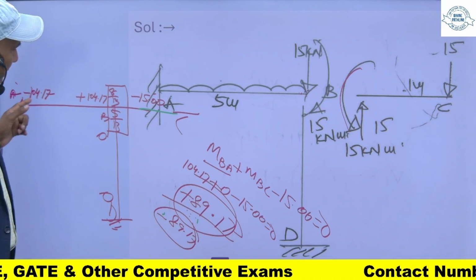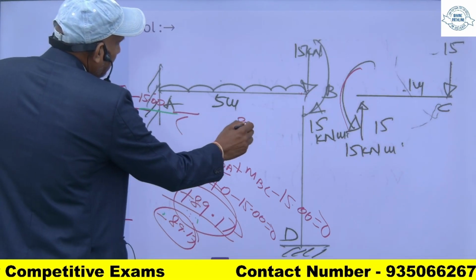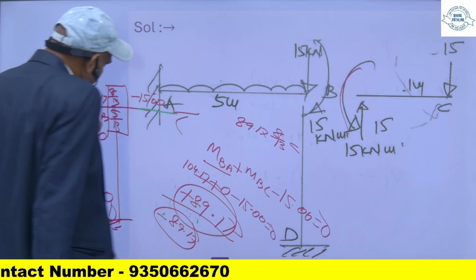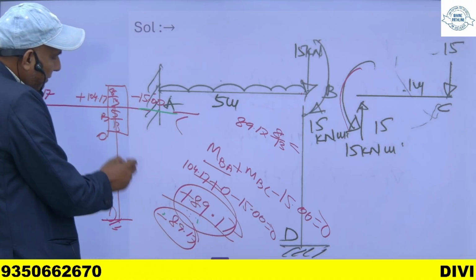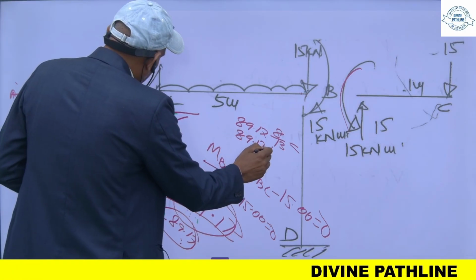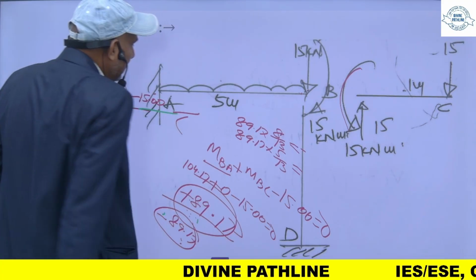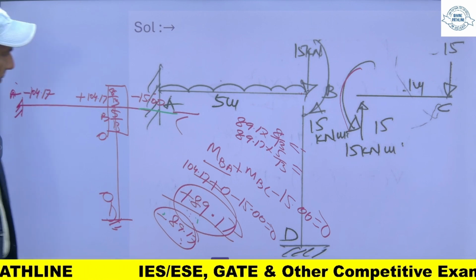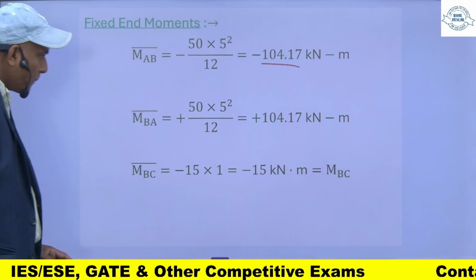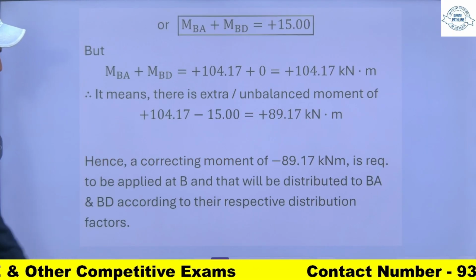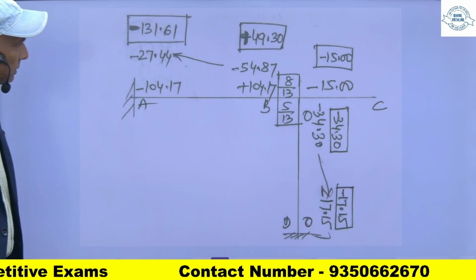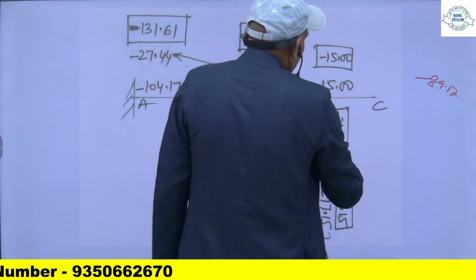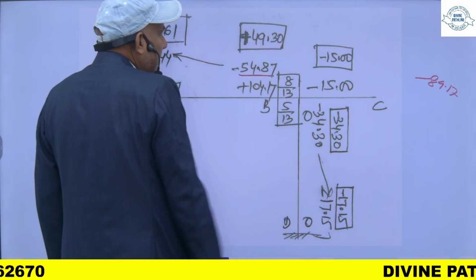अब इसके हिस्से में कितना आएगा, फॉर दिस मेंबर BA ये 89.17 इंटू इसका डिस्ट्रीब्यूशन फैक्टर 8/13 है, और इस मेंबर के लिए इसको मैं 5/13 से मल्टीप्लाइड करूंगा। तो ये जो भी मोमेंट आएगा वो इसके लिए आएगा, और ये माइनस आएगा, तो दिस विल बी इक्वल टू -89.17 जो आप 8/13 से मल्टीप्लाइड करेंगे, तो ये -54.17 आ जाएगा।